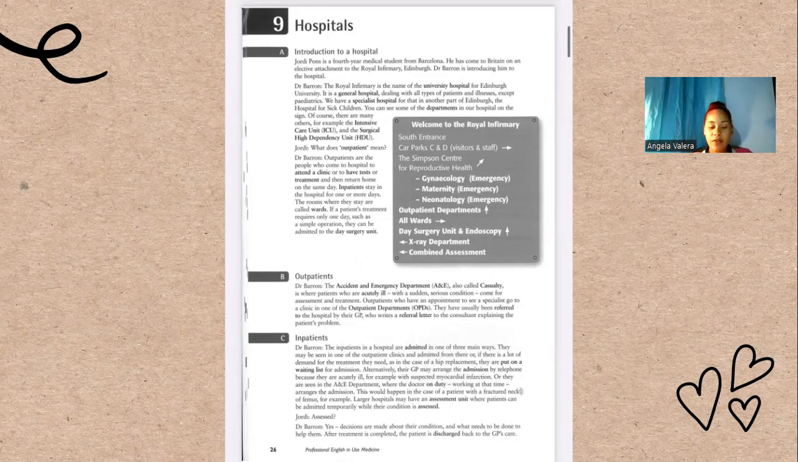Welcome to the Royal Infirmary. South entrance. Car parks C and D. Visitors and staff. The Simpson Centre for Reproductive Health. Gynecology emergency. Maternity emergency. Neonatology emergency. Outpatient departments. Wards. Day surgery unit and endoscopy. Combined Assessment. Outpatients. Dr. Barron, the Accident and Emergency Department, A&E,